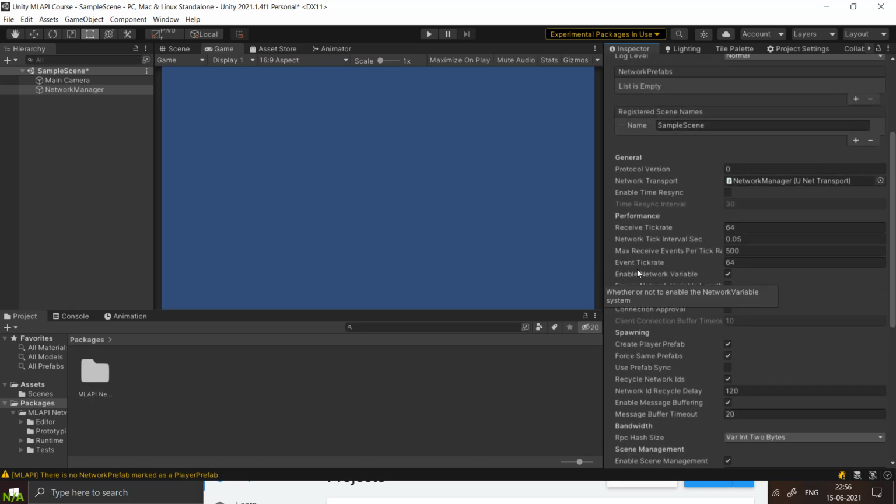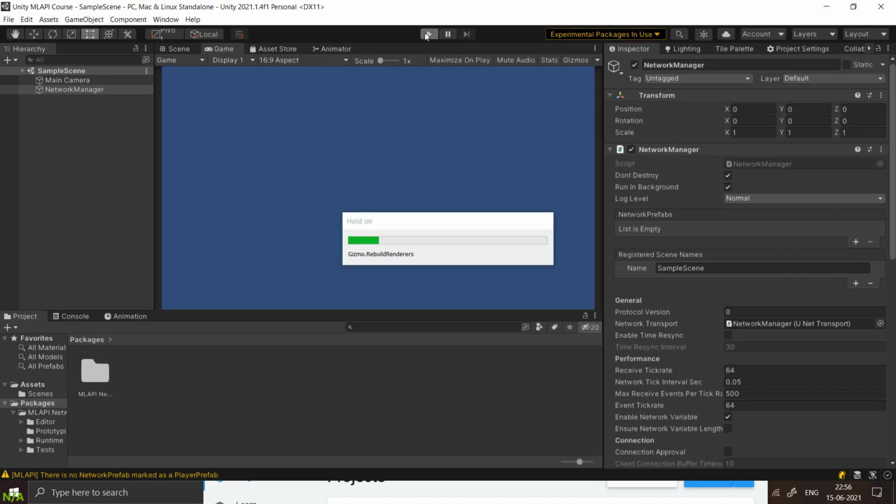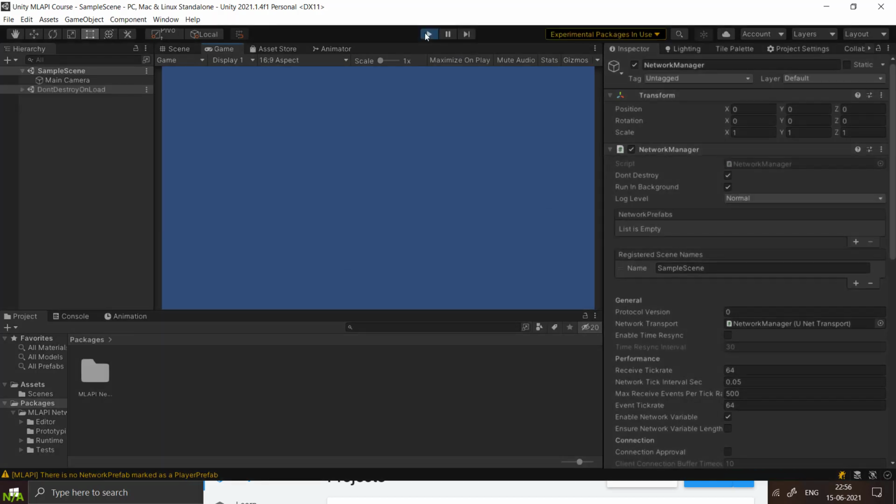First, don't destroy and run in background. So let's save our scene and let's play. Yeah, as you can see, now it is in don't destroy and load. So basically, now your network manager won't be destroyed even when you change the scene or load something else.